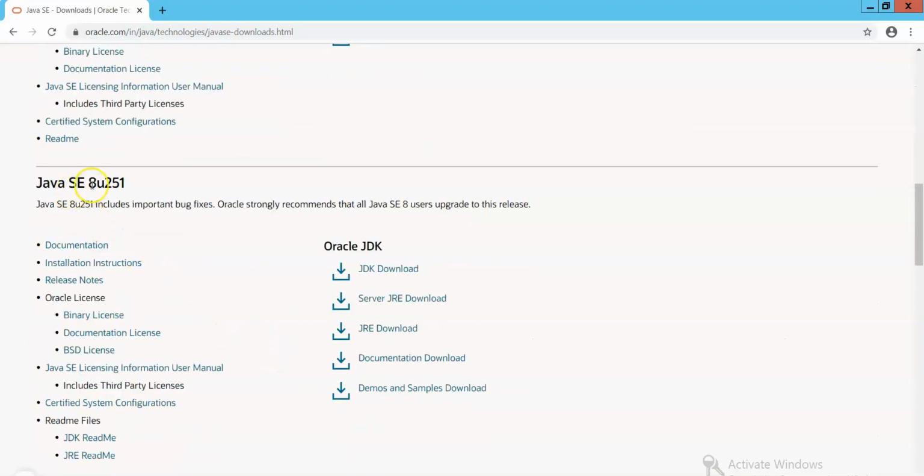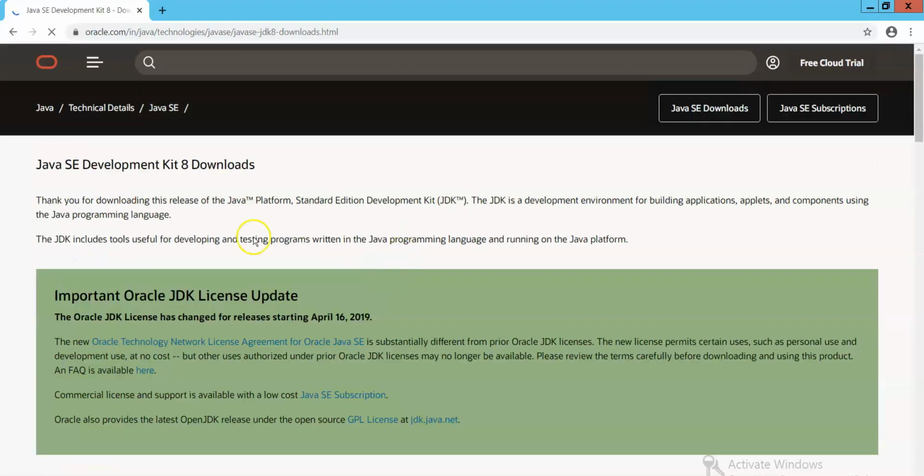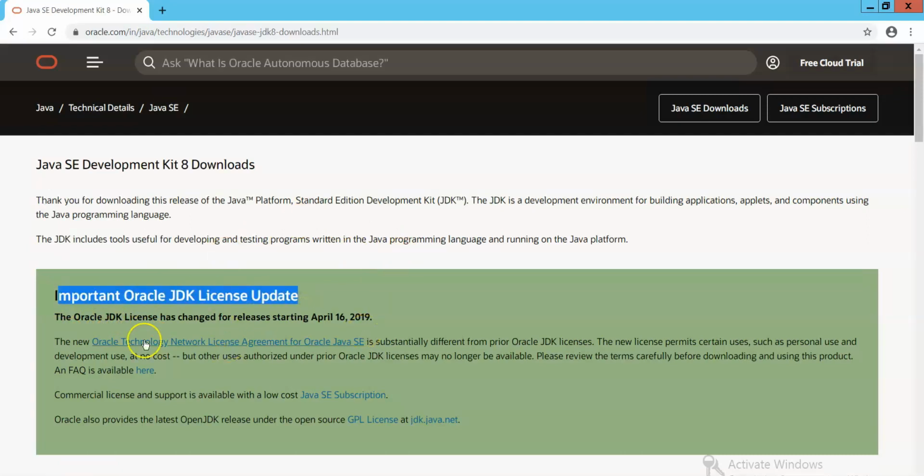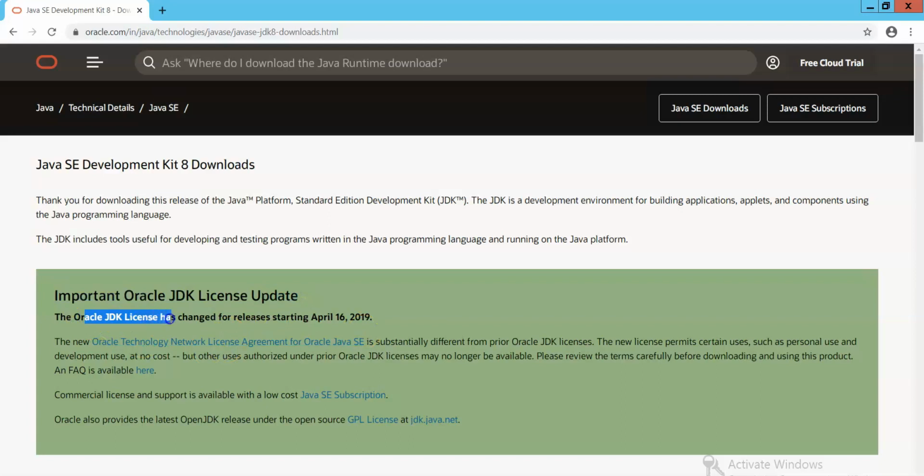So Java SE 8U 251. So you can download this version. So JDK download. So click on JDK download link. Now here you can see the important Oracle JDK license. The Oracle JDK license has changed for releases starting April 16, 2019.